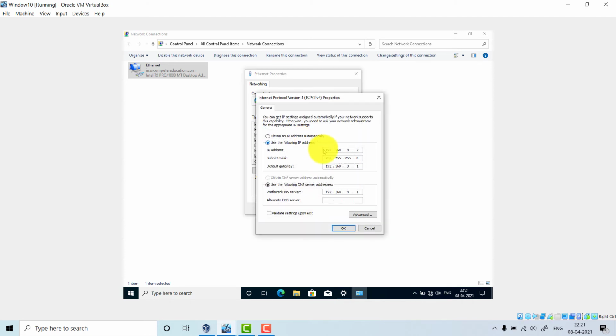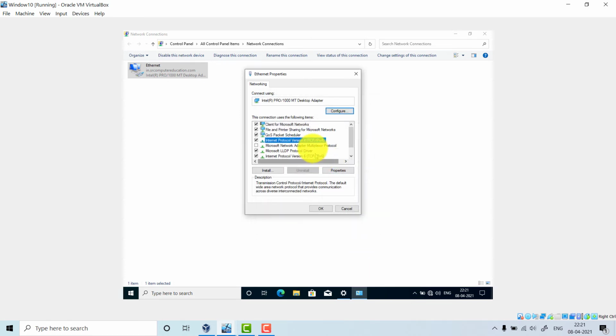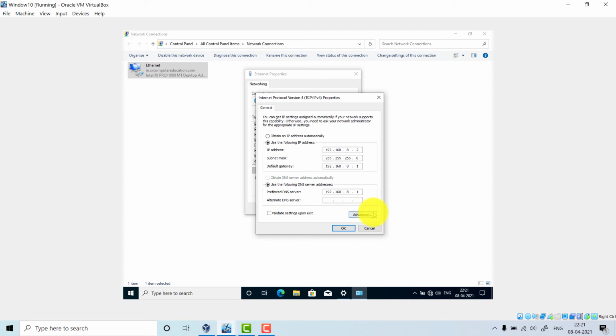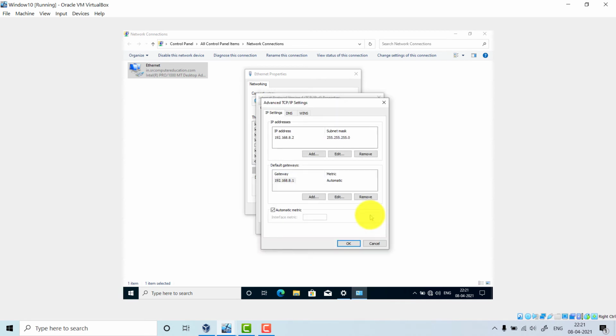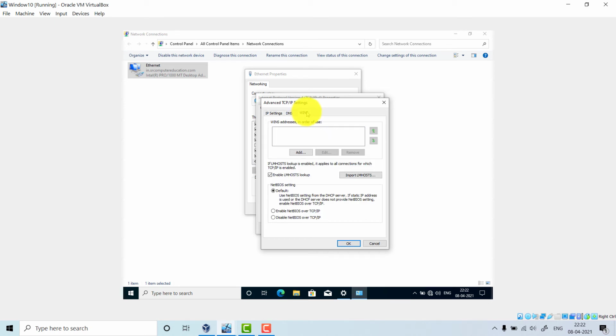We have to go to IP version 4. As you know, the server IP is this. Right click here, click on properties, then go to advanced. See, in IP version 6 the WINS tab was not there, but in IP version 4 the WINS tab is there. So click here on WINS.